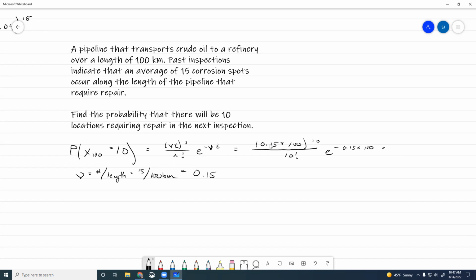We plug that into our calculator and we get 0.049. So we have about a 5% chance that we'll have 10 corrosion spots on the next inspection. Then you can get into inequalities and the cumulative distribution function and ask more sophisticated